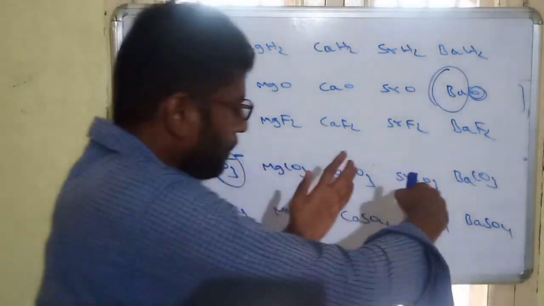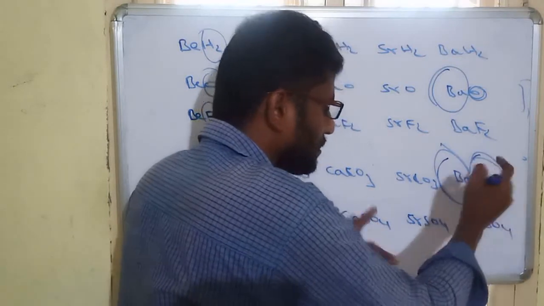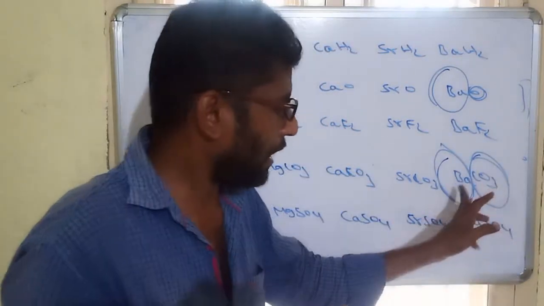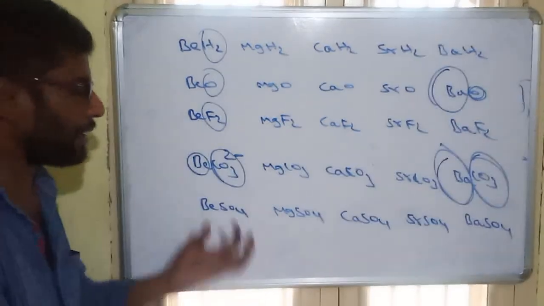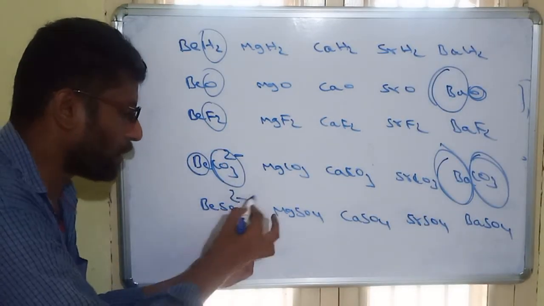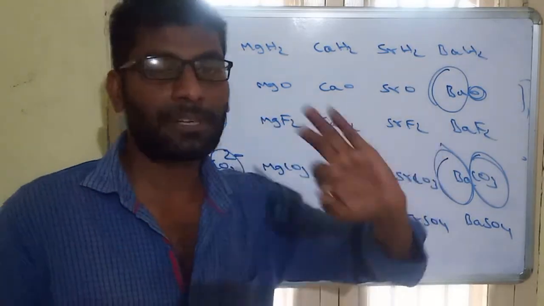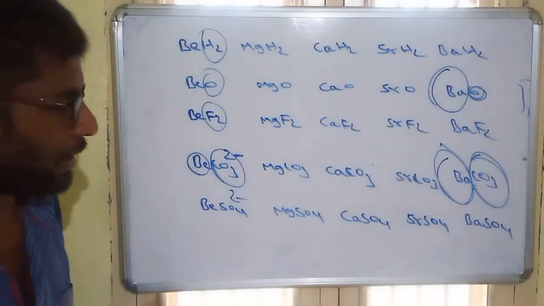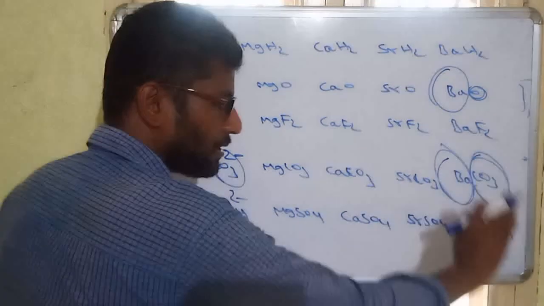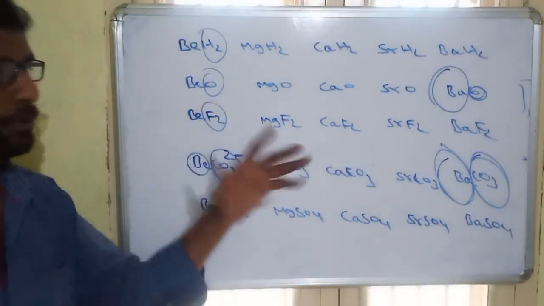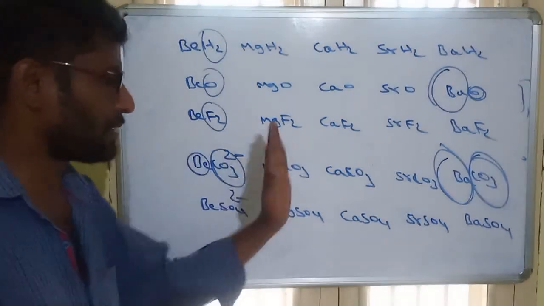But when you are moving from top to bottom, barium also becomes big size. CO3 already is a big size, and the sizes are matching. The lattice energy will be high. So that's why in large anions like carbonates, sulfates, SO4 2 minus, these are the large anions, in large anions, stability increases from top to bottom. Most important, lattice energy decreases in small anions, lattice energy increases in large anions. That is due to size differences. This is most important. These are about the stability.